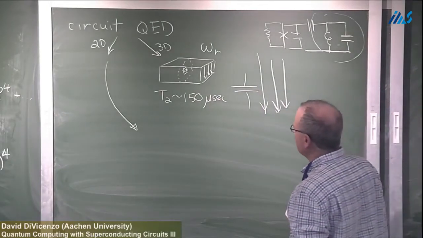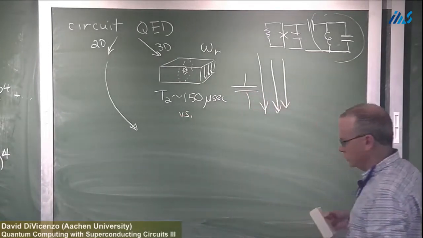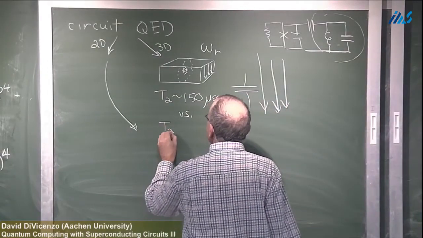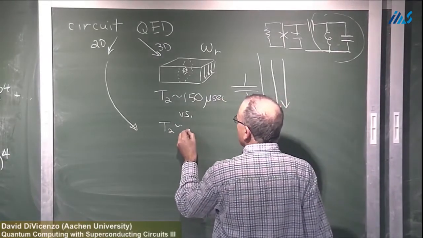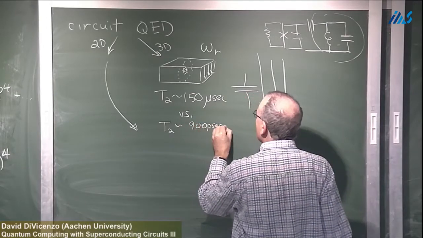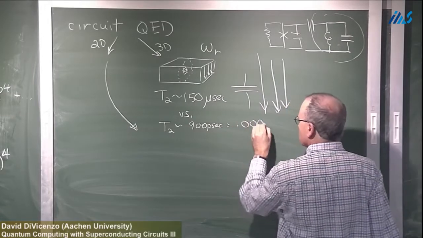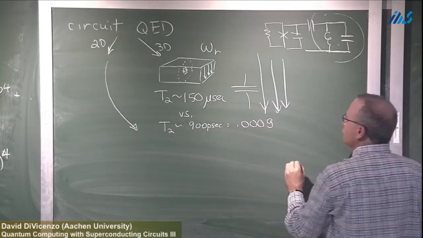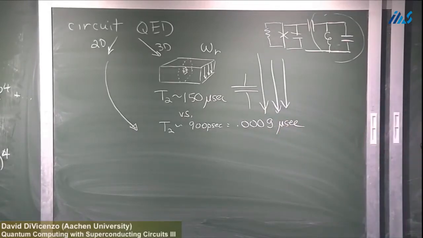But I should have said that the very first experiment that I featured, the first Cooper pair box experiments that succeeded in showing that you could make a qubit in the Cooper pair box, had a coherence time of about 900 picoseconds, which therefore, of course, is 0.000, let's see, is that the right number? I think that's right. 0.009 microseconds. So if I put all my zeros in the right place,